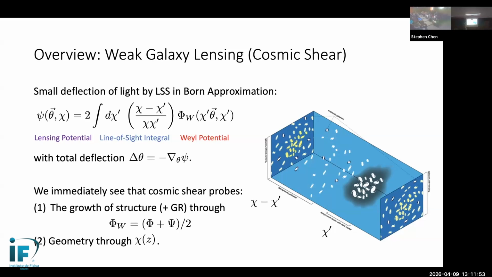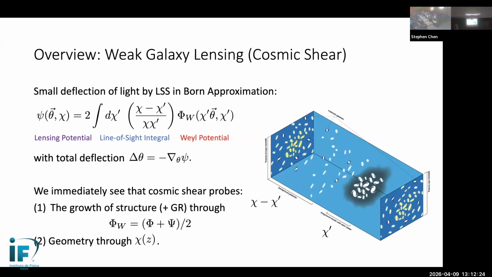the potential. So of course, we immediately see that this lensing potential probes two things. One is it probes the growth of structure, the formation of structure through the gravitational potential generated by the matter distribution. But it also independently probes the geometry of the universe, because this weighting of the lensing signal depends on the distances between us and the galaxy. Right. So immediately we see that cosmic shear or weak galaxy lensing probes geometry of the universe and the growth of structure, which are then tied together, of course, through this metric as I was showing on the other slide.